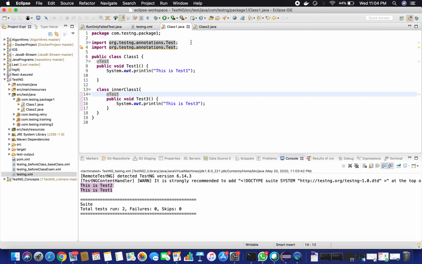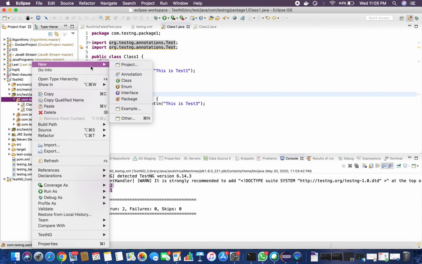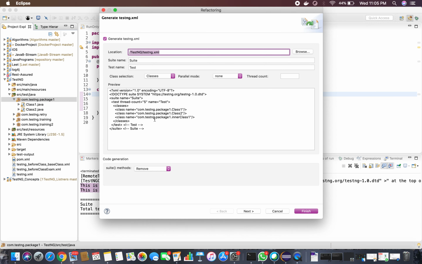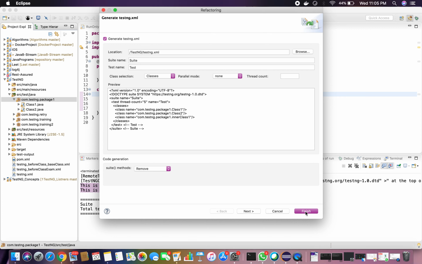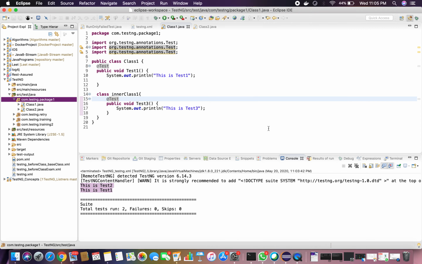Before we run this using the package, let us run using the classes first and then we'll see. Let me create a TestNG XML again for this particular package using the classes. Go to TestNG, convert to TestNG. See, now you are seeing 3 classes: class 1, class 2 and inner class. I am going to override the TestNG XML.